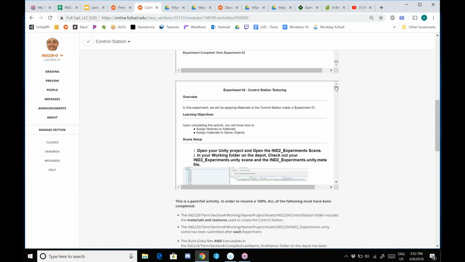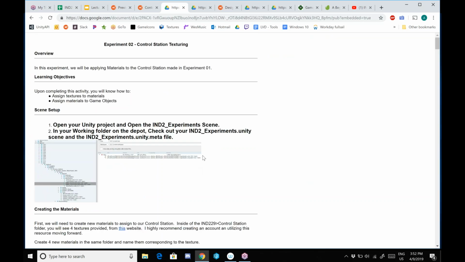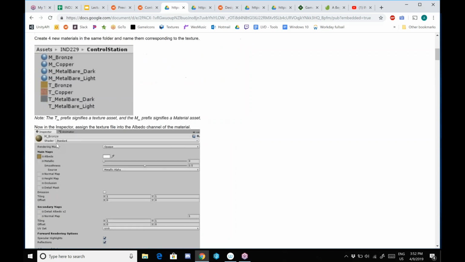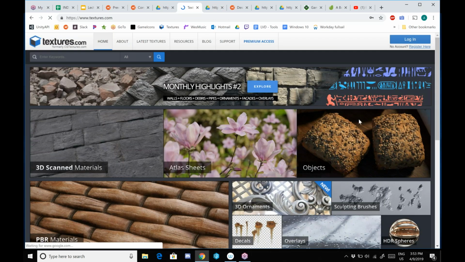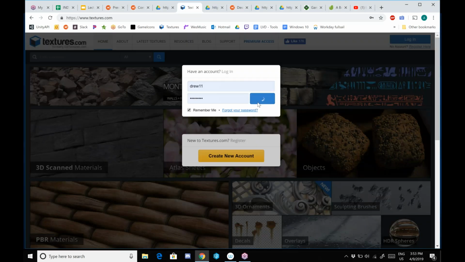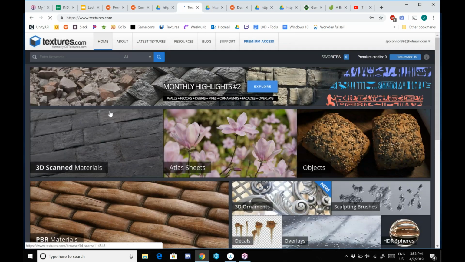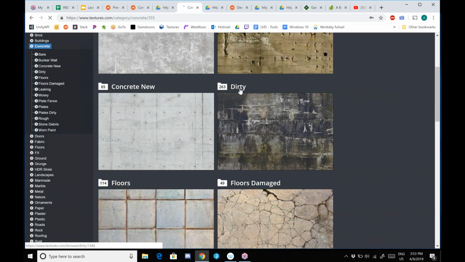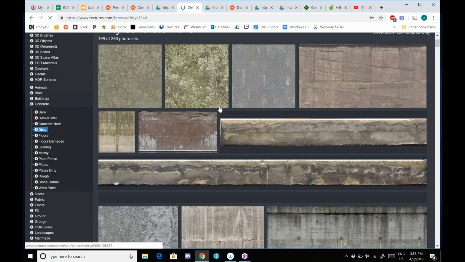Then for the second experiment, this is all about texturing and adding materials. Let me just pull it over here. So this will walk you through, I've provided you guys textures. If you'd like to find your own textures, I have the website here I recommend, textures.com. It's really, really awesome, and it's royalty free. How it works is you get 15 credits a day, so you just need an email address and a username, and you get 15 credits. So now I can go over to the main page, and like say I want to find concrete, and then there's a bunch of subcategories. So I can go to dirty, and then I can actually choose different textures, right? So you'll see ones that are seamless. You hover over them and